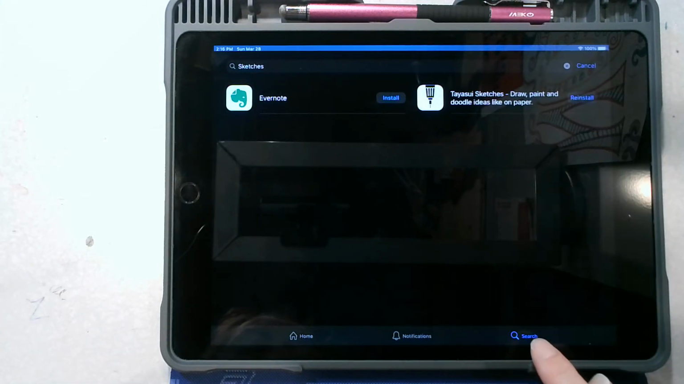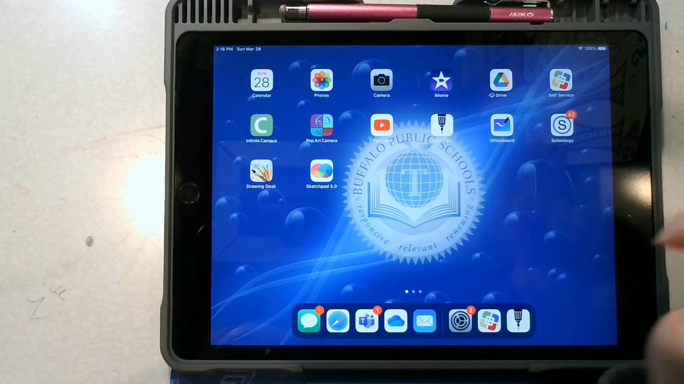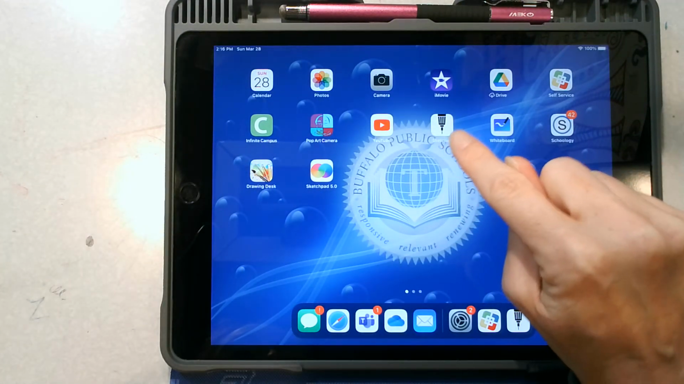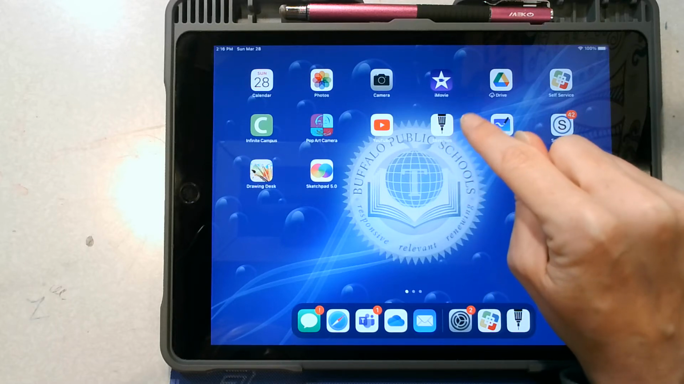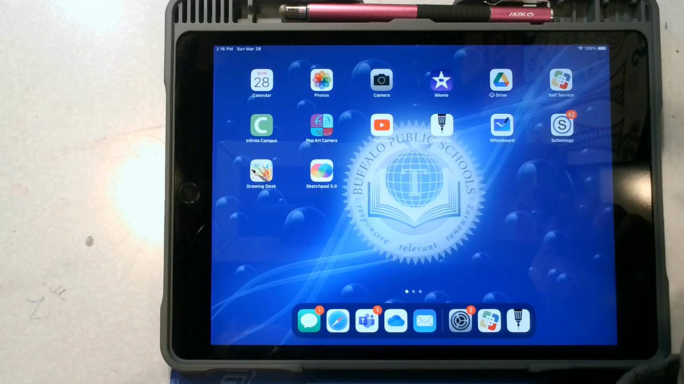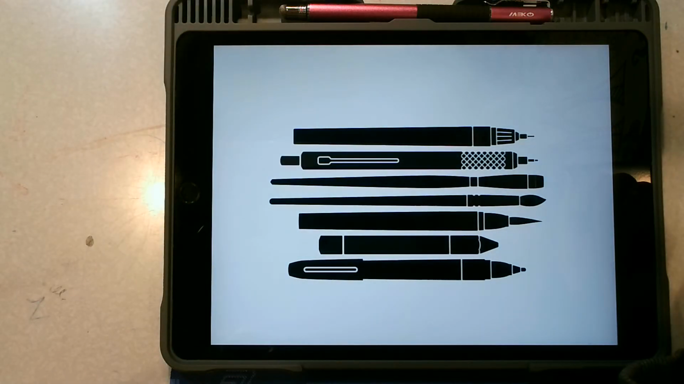I've already installed this on my iPad, so I don't need to reinstall. So I'm going to go back to my home page and it should come up on whatever screen that you are working on. It's going to come up just as Sketches on your screen, and it's going to have the top of a black pen as the icon. So once you click on that icon,